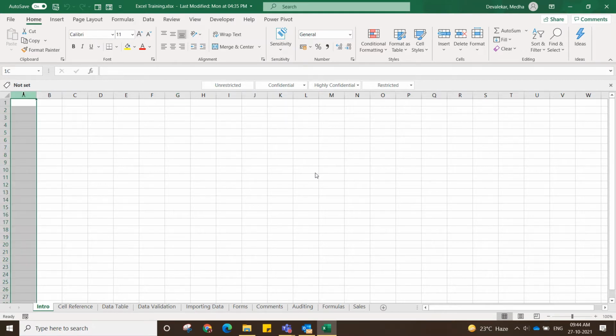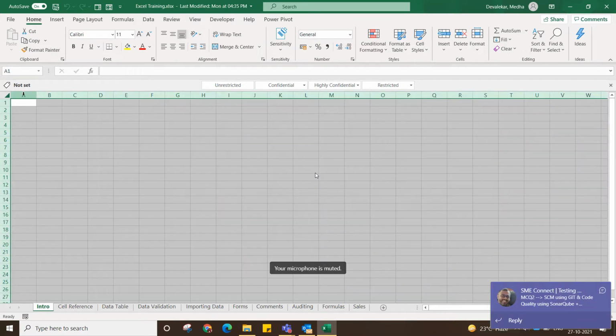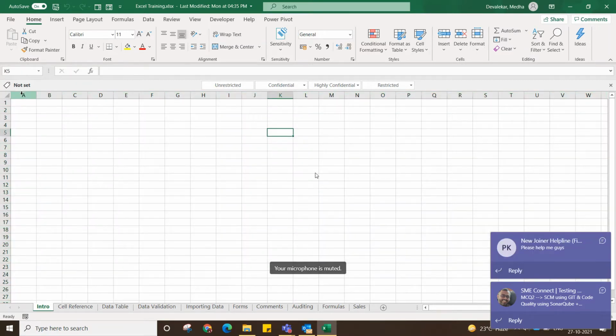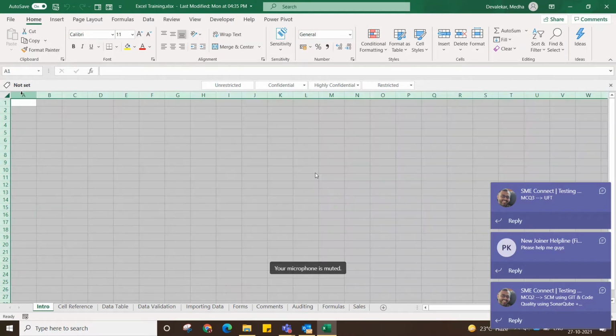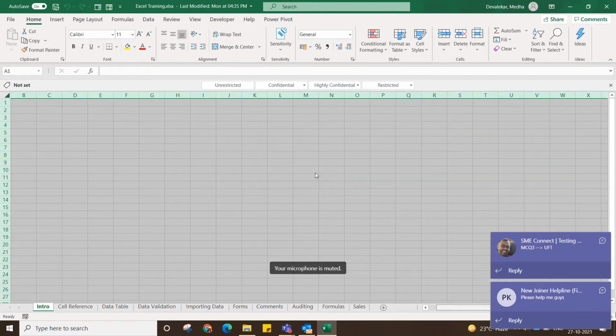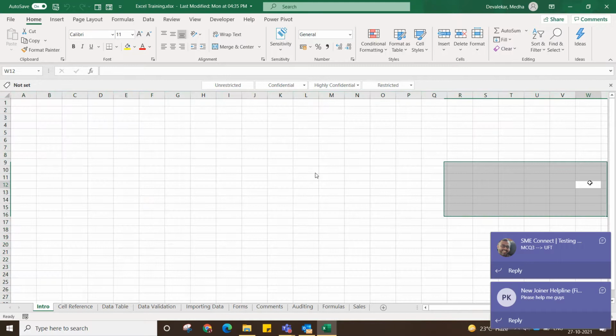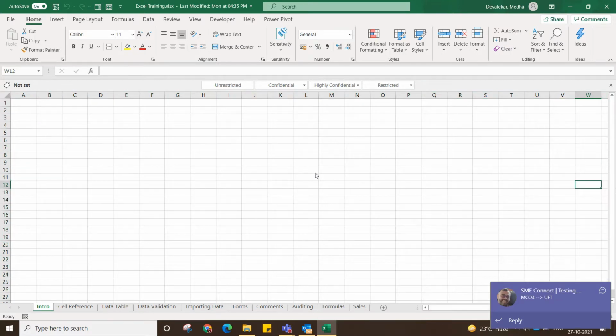If you click and select with your left arrow, it's not showing. Okay. Maybe you need to move the cursor, but then you can see how many columns and how many rows are here.